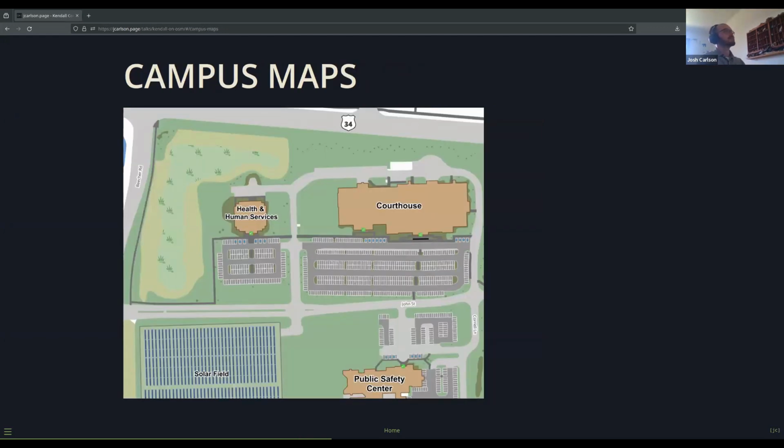The campus maps, this was an adventure in micro mapping, but we were asked to make some maps for the employee handbooks that just showed where are the buildings that belong to the county, where would you park, where are the entrances, things like that. Once they asked for that, we knew that we didn't have layers for the features they were mentioning. We're not going to go and make an entrances point layer in our Esri portal. We're just going to add these things to OpenStreetMap and then query them into QGIS and make the nice maps